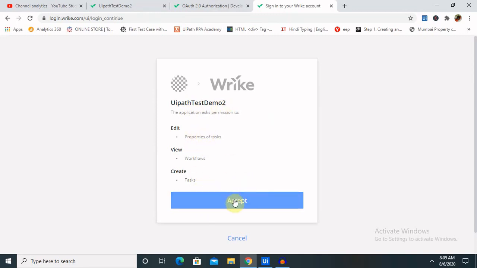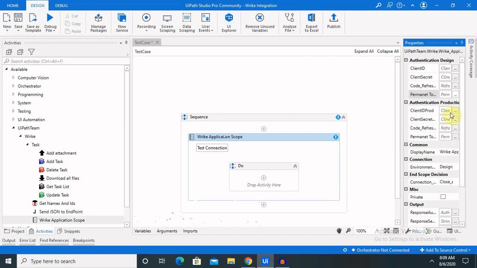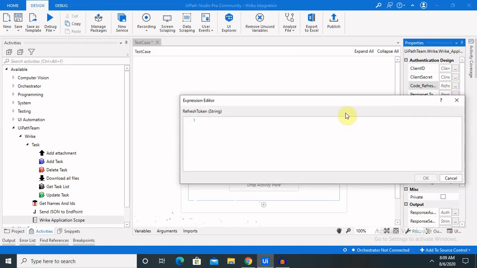Once you click on accept, the code will be generated for you. Copy and paste the code in UiPath. For code purposes, just copy the complete code from here and paste it into code refresh.